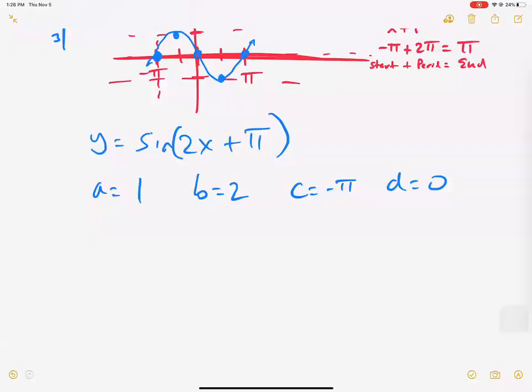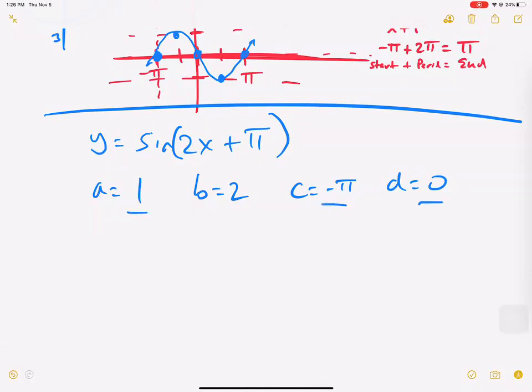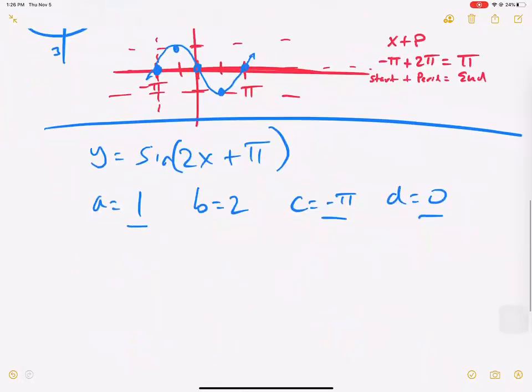Okay, let's do another problem. Let's do one with a b value being 2. A is 1, b is 2, c is negative pi, and d is 0. So a, c, and d haven't changed from our previous example, but our b value has. And if you remember, b stands for frequency. That might not mean much to you, but if I tell you to take 1 pill a day, the frequency is 1. But then if I tell you to take 2 pills a day, wait,